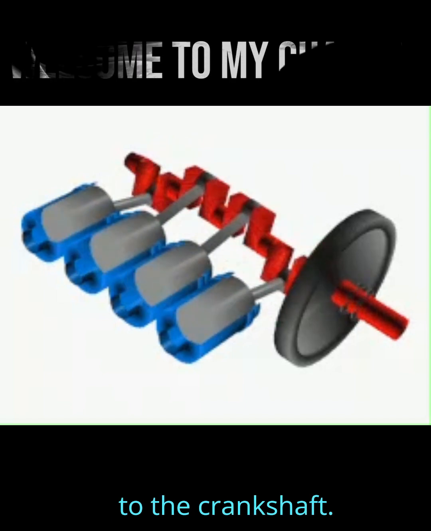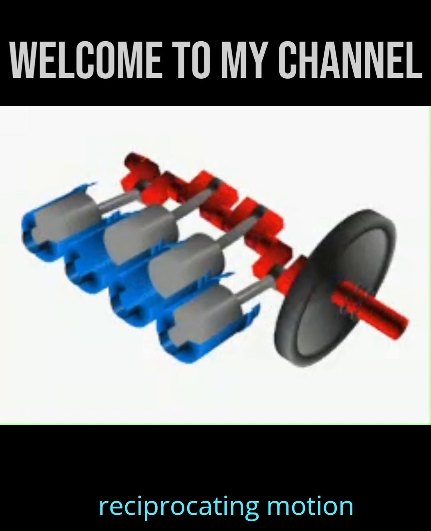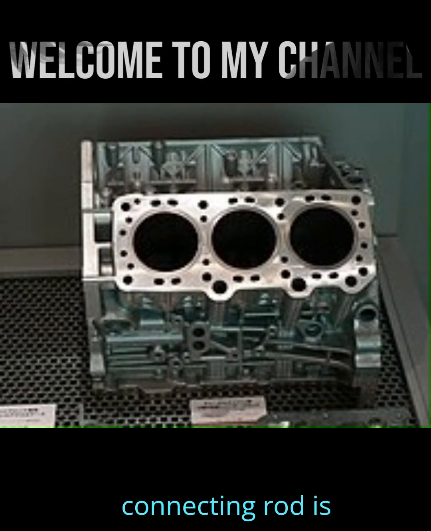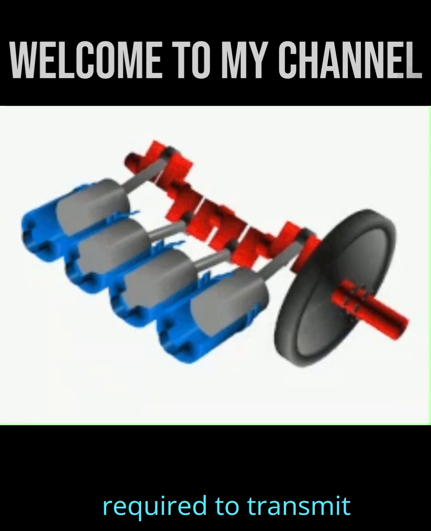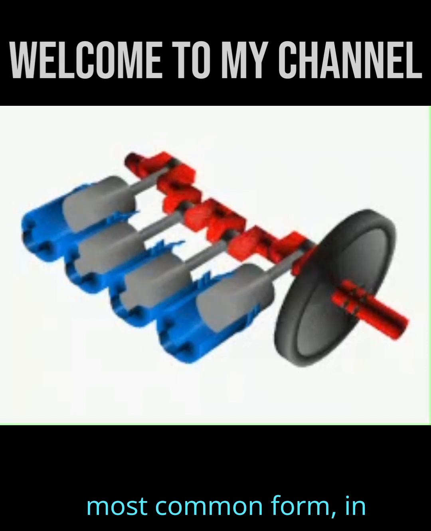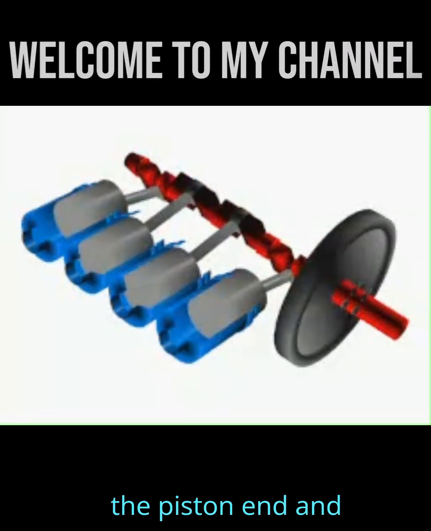connects the piston to the crankshaft. Together with the crank, the connecting rod converts the reciprocating motion of the piston into the rotation of the crankshaft. The connecting rod is required to transmit the compressive and tensile forces from the piston. In its most common form, in an internal combustion engine, it allows pivoting on the piston end and rotation on